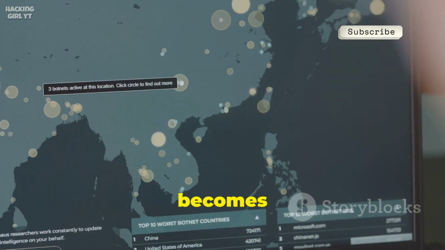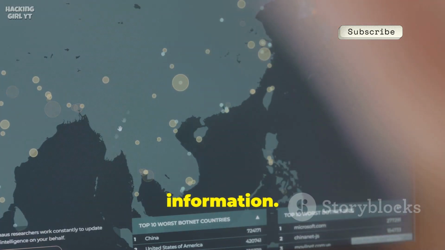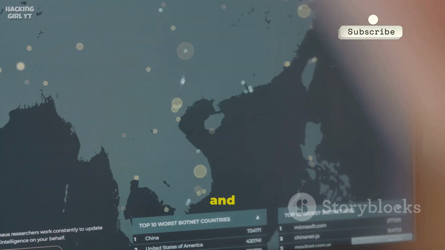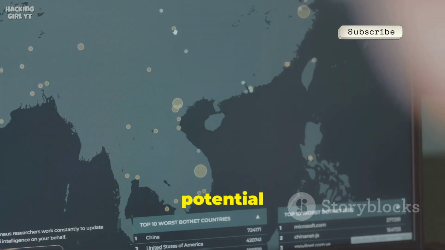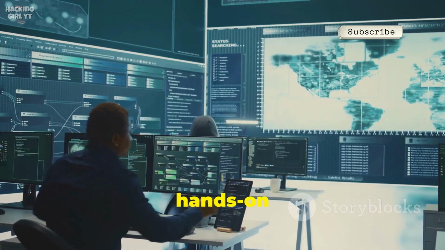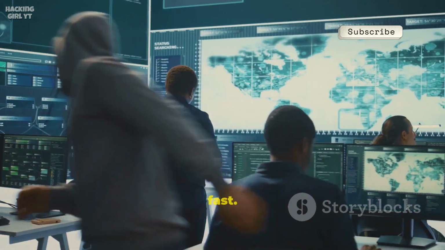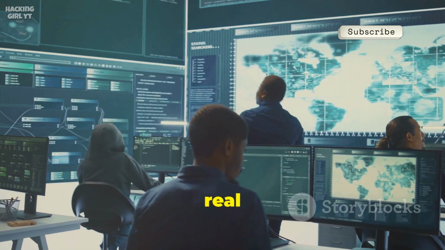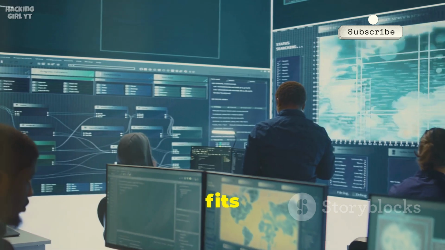Each new discovery becomes a node you can expand, peeling back deeper layers of information. The more you explore, the richer and more detailed your map becomes, helping you uncover hidden links and potential leads. This visual, hands-on approach makes even the most complex investigations feel intuitive and fast. You can follow leads in real time, adjust your focus, and instantly see how new information fits into the bigger